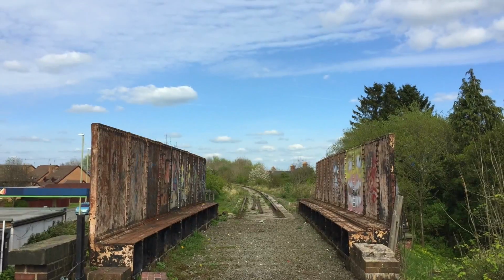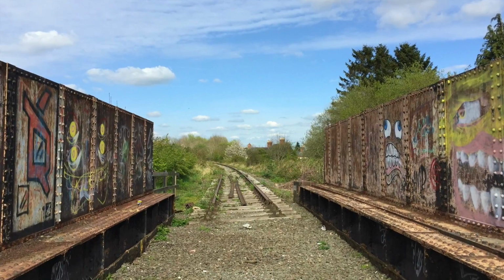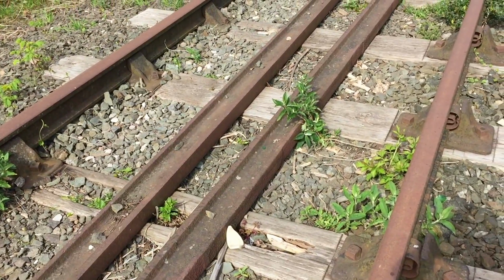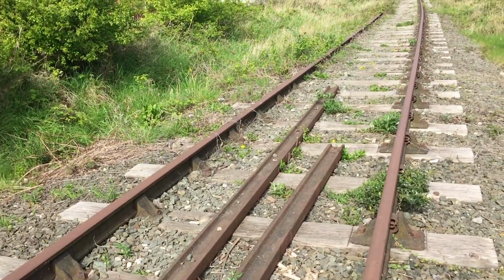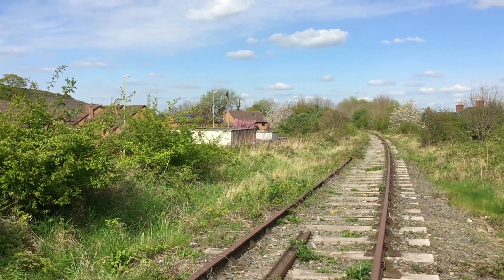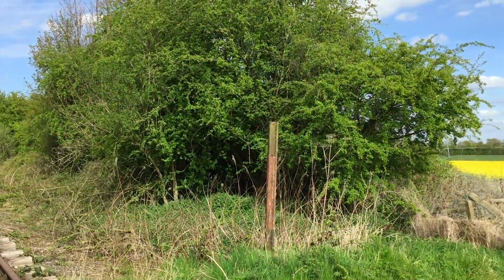Joining me and a friend as we take a random unexpected walk about a mile down the railway, starting at the fantastic fun house in Oswestry, going out the back of the carriages flats and over the gasworks bridge here, and then suddenly finding ourselves in an absolutely beautiful little stretch of old railway in the countryside. So this is obviously not in use, as you might have noticed on the bridge, there's no actual line, and this does go to the Gobowen railway station, which is actually in use, but obviously isn't connected and doesn't see